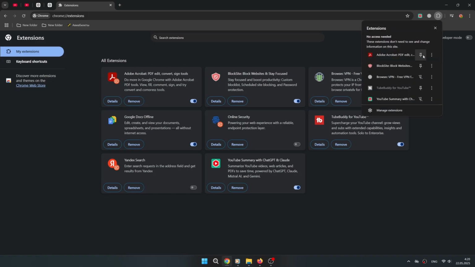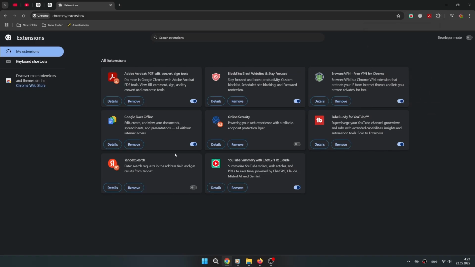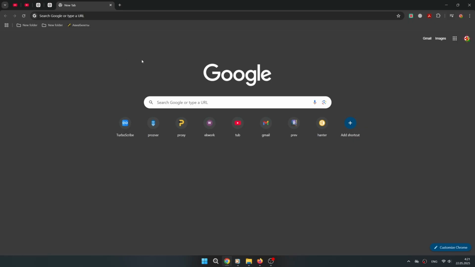If you want to enable an extension but it is missing from the list, try reinstalling it from the Chrome Web Store. Also, be sure to check that the extension is updated to the latest version, as older versions may not support new features. To find extensions in the Chrome Web Store,